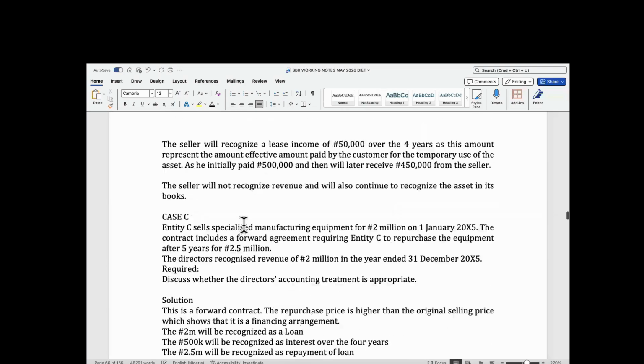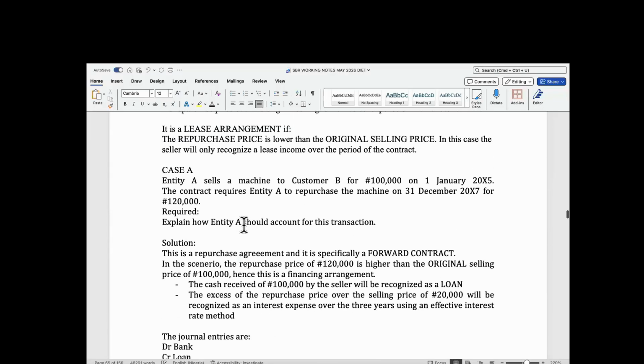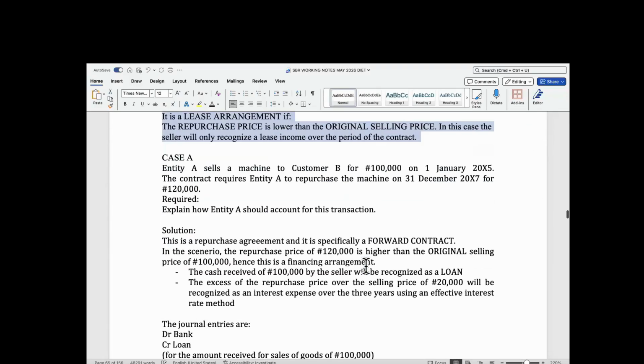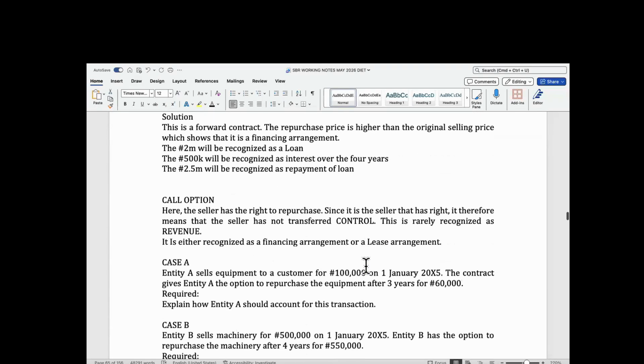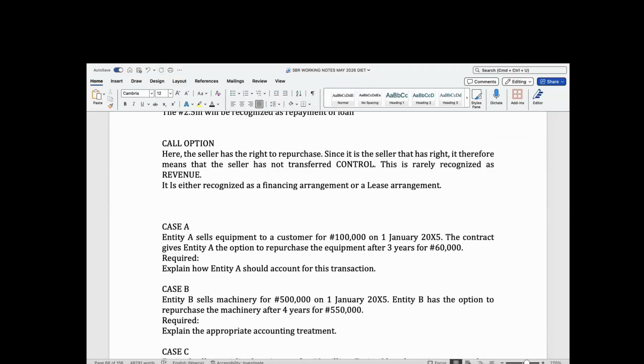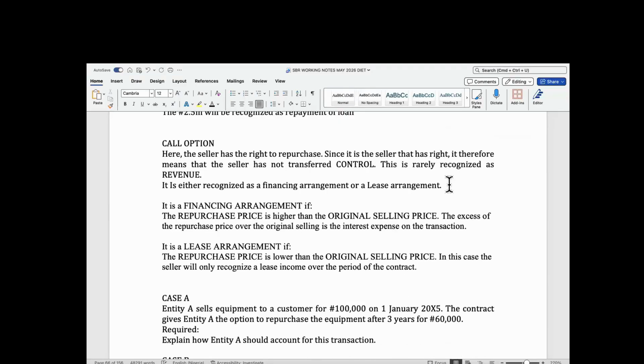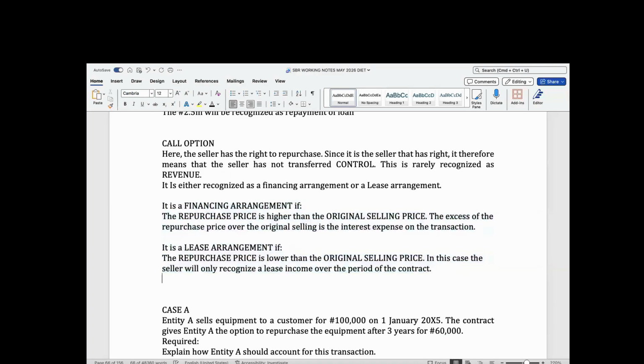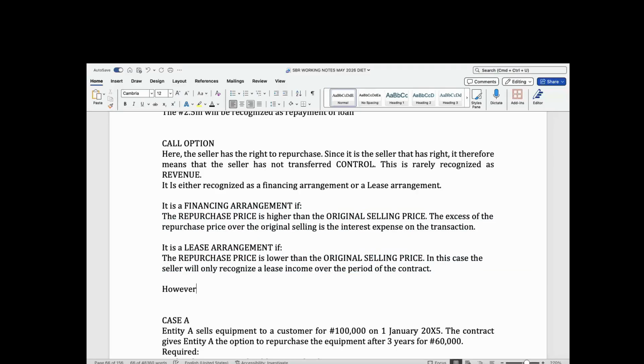So just the same thing like I taught you here. Same. No difference. I'll just copy and paste it here for you. So it is a financing arrangement if the purchase price is higher, and a lease arrangement if the purchase price is lower. However, this one, you will hardly find it, but let's just put it in rare cases